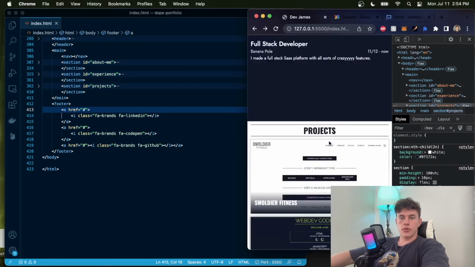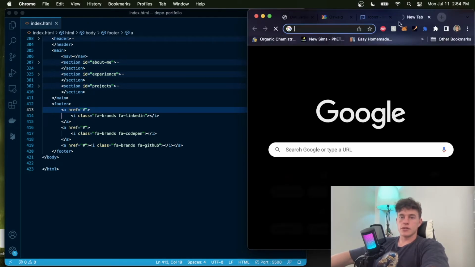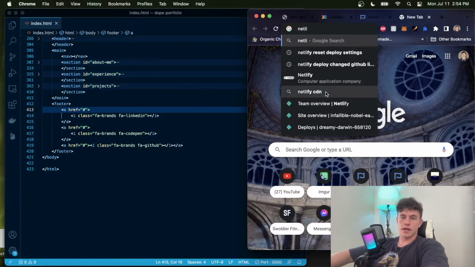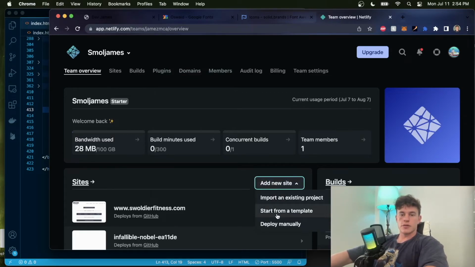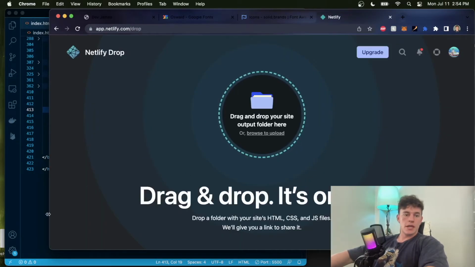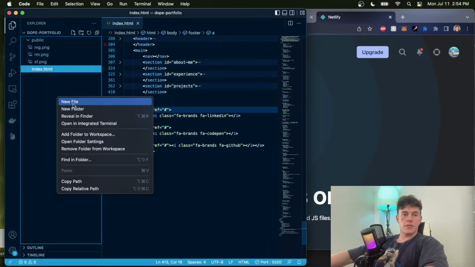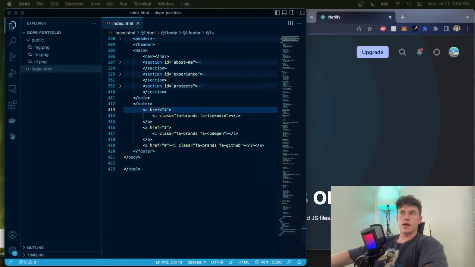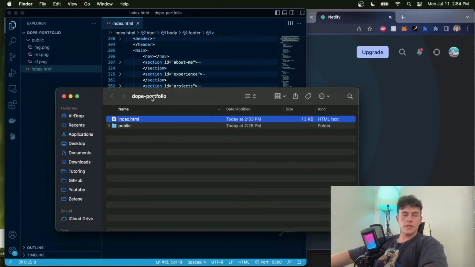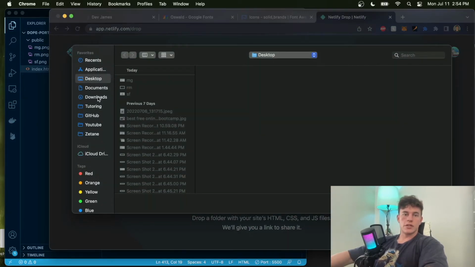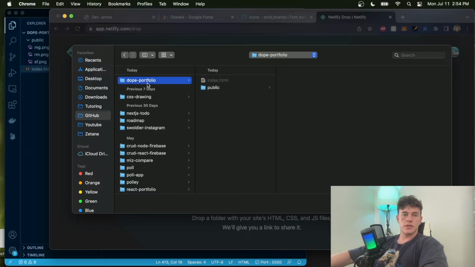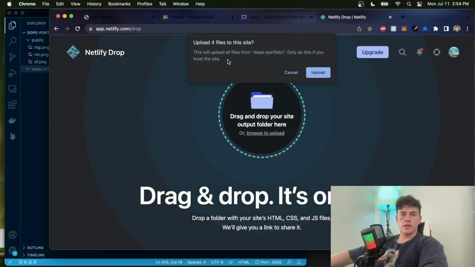Now, that is pretty much it. The last thing you're going to want to do is obviously host it. So we're going to come over to Netlify, and you'll want to create yourself an account and log in and do all of that great stuff. And then the next thing we're going to do is click add a new site, and we're going to deploy manually. Now we're going to come into here, and we're going to reveal this file in the Finder. So I have it here, and now what we're going to do is copy all of this and paste it in here. And equivalently, you could just go to the browser to upload, and so that's what I'm going to do. Portfolio, upload that whole folder,